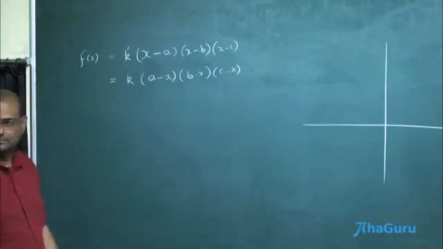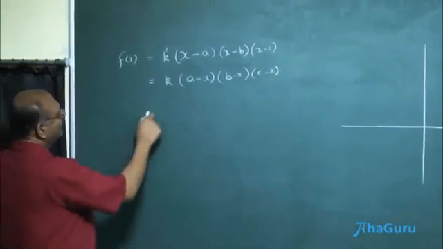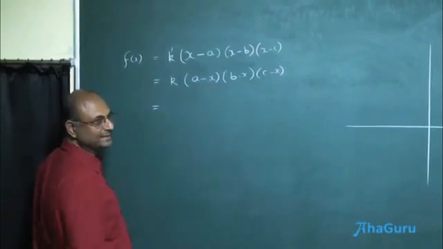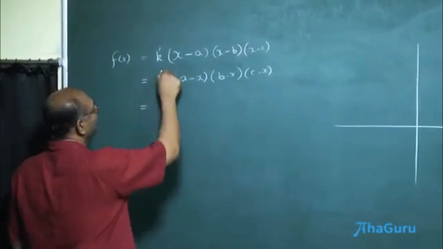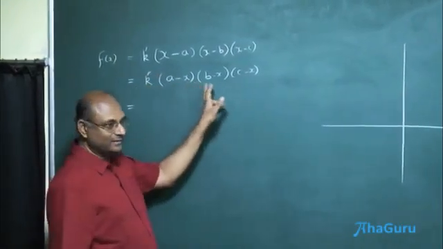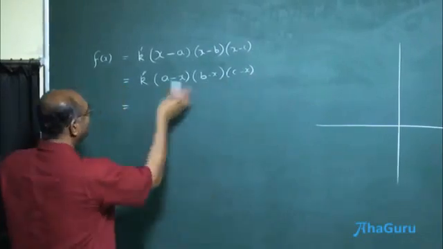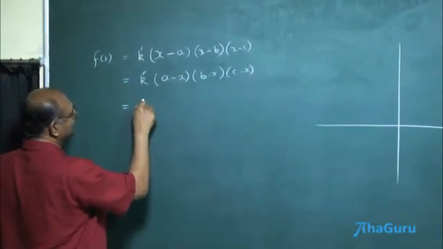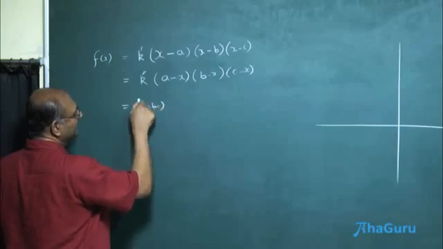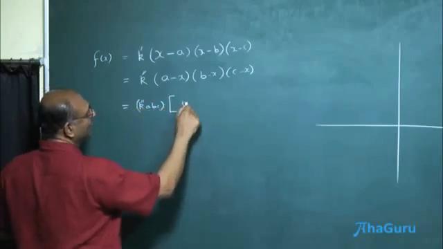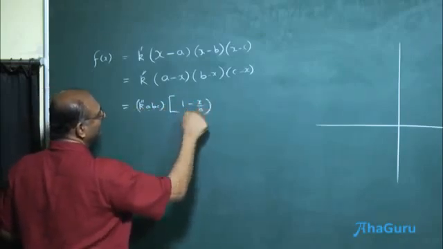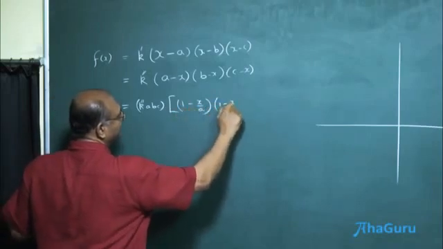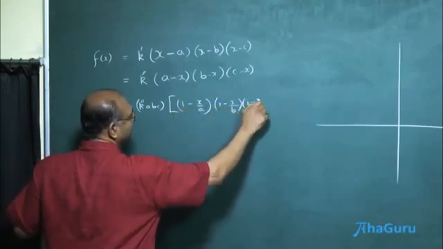This is okay, right? And you can pull out the abc inside this. And so let me call this k double dash into this form. So if I pull out the abc, I'll get k double dash abc into (1 minus x by a), (1 minus x by b) into (1 minus x by c).